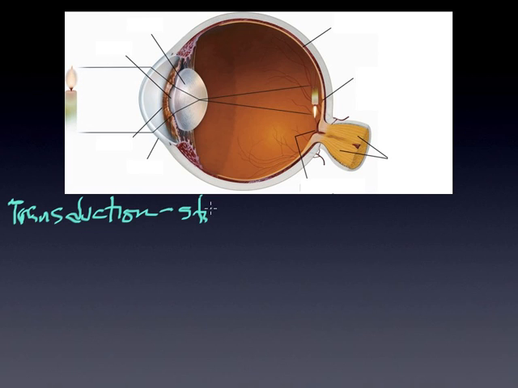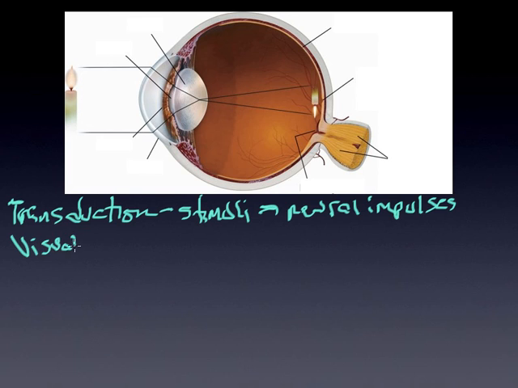Let me fill this out while I'm doing it. So stimuli is translated into neural impulses, just as a review, okay? Now, the one thing that will translate between two different areas of senses is visual and auditory have one thing in common, and it really is that the information coming into them comes by way of waves that are on the electromagnetic